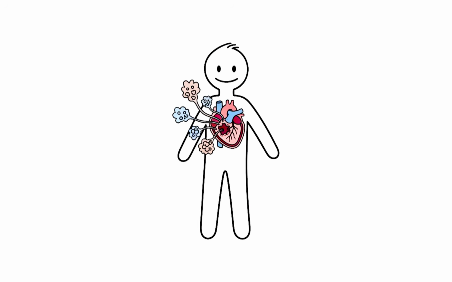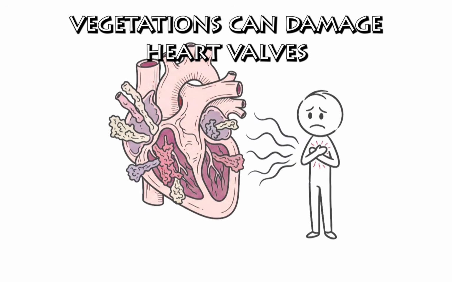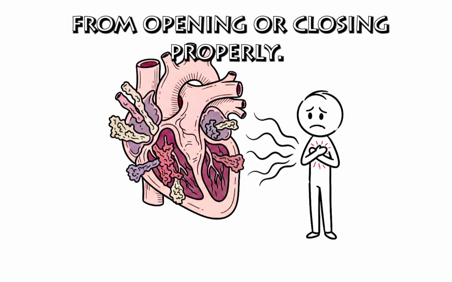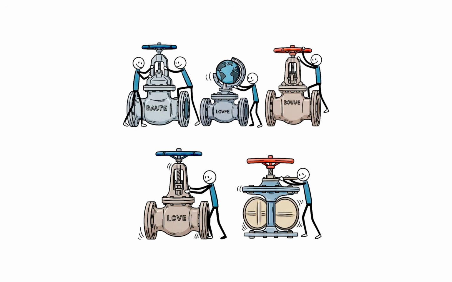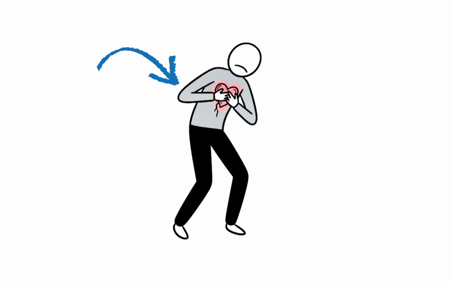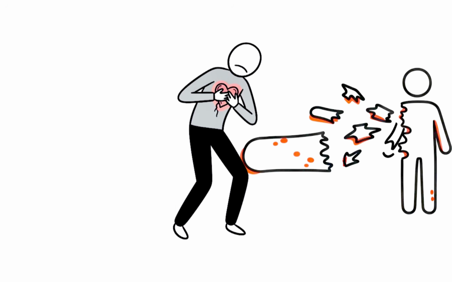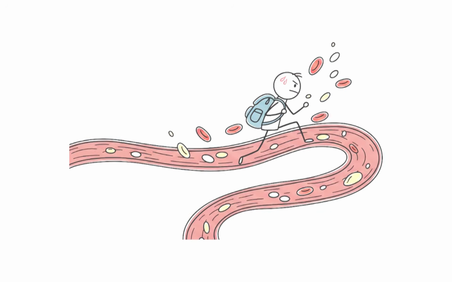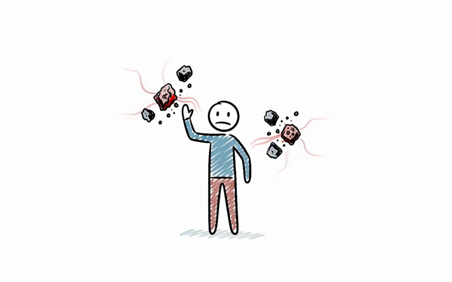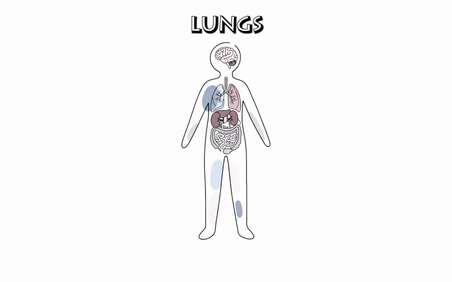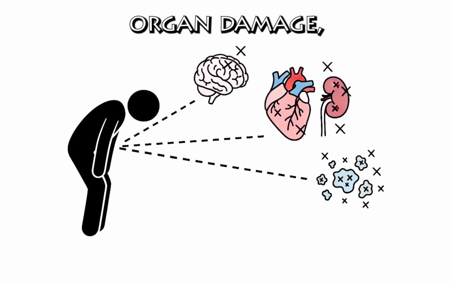As the infection progresses, vegetations can damage heart valves, preventing them from opening or closing properly. This disrupts blood flow and can lead to heart failure. Pieces of infected material can also break off and travel through the bloodstream. If these fragments block blood vessels in the brain, kidneys, lungs, or other organs, they can cause strokes, organ damage,